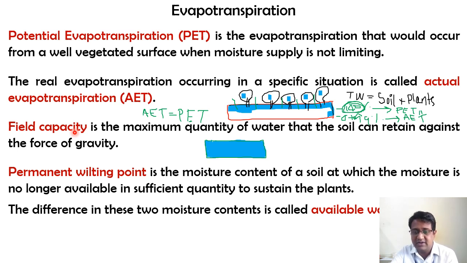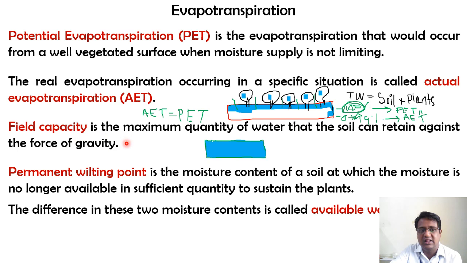So based on the characteristics of the soil, field capacity is going to vary for various soils. Now with this explanation, I'll read out that definition again. Field capacity is the maximum amount of water the soil can retain against the force of gravity. That is, the infiltration of water happening because of gravity has already taken place. Leaving that, how much quantum of water can be withheld by this soil mass, you call that field capacity. I hope this is clear for you.